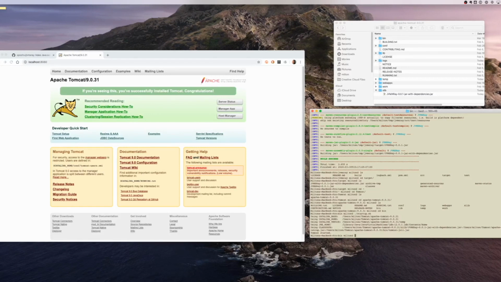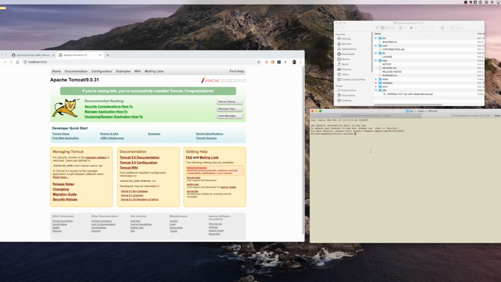let me add another shell up here. So add a new tab, and if we change over to our folder where we built, so change directory to temp, and then to JVMXRay, and then to target where our jar was. Okay, now if we do java, class path,